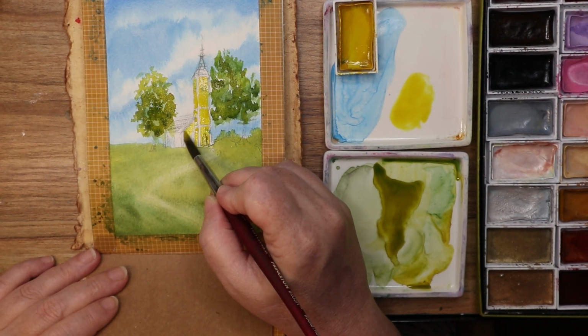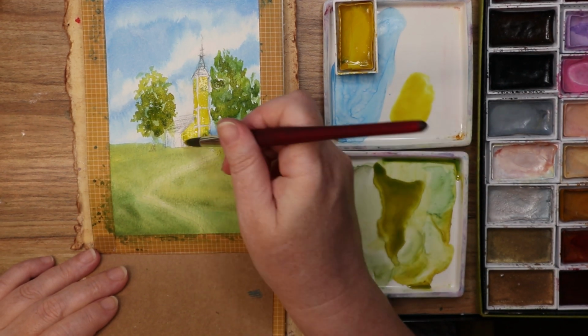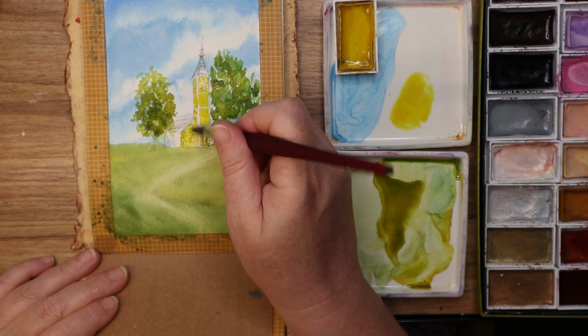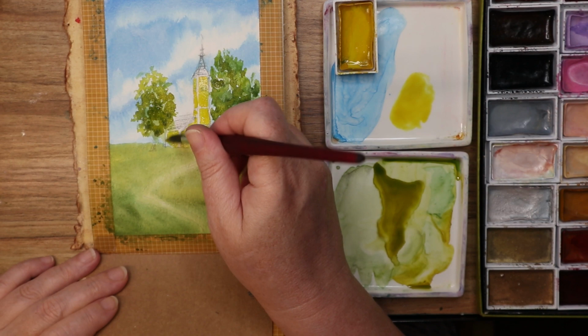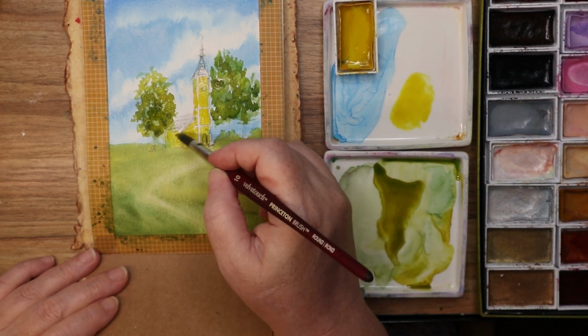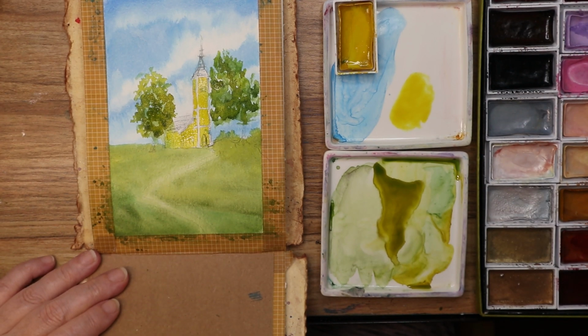And come over here, and I'm not going to mind the color pencil mixing in because this side's more in shadow. That side, whole side right there is in shadow, deep shadow. We'll do that. So there's our yellow church,